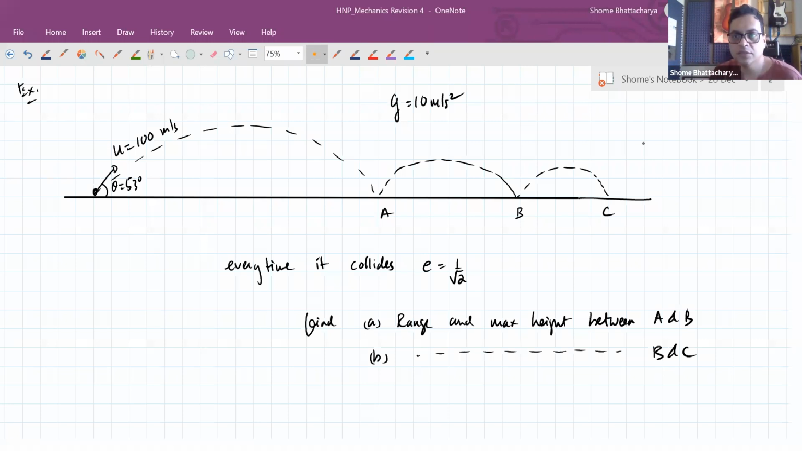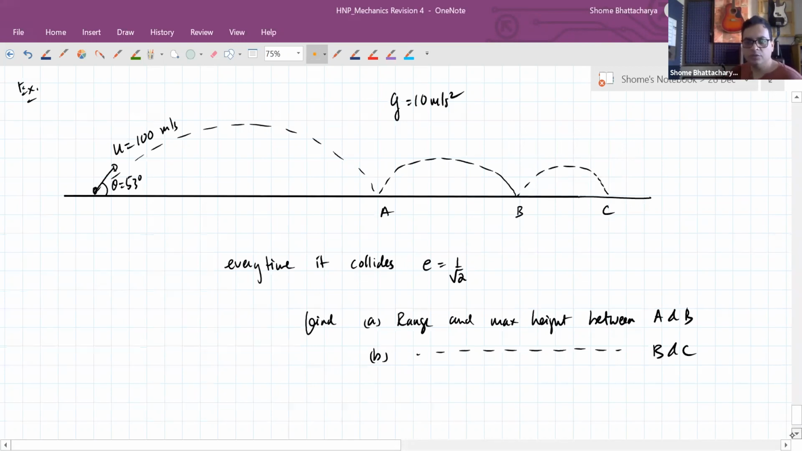Okay, I'll just verify the answers. Yes, that's correct, Nishit. Both the answers are correct. Okay, so very good. So, in a problem like this, what you can do is you can use the component